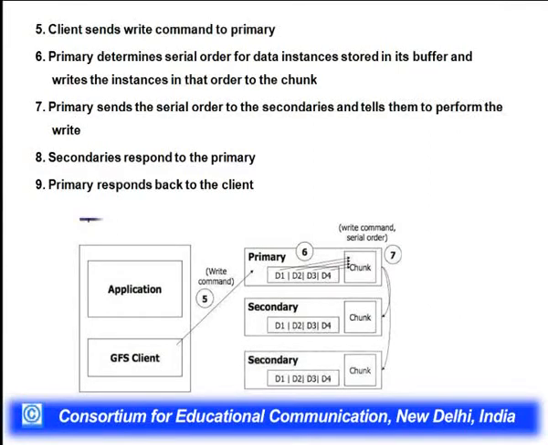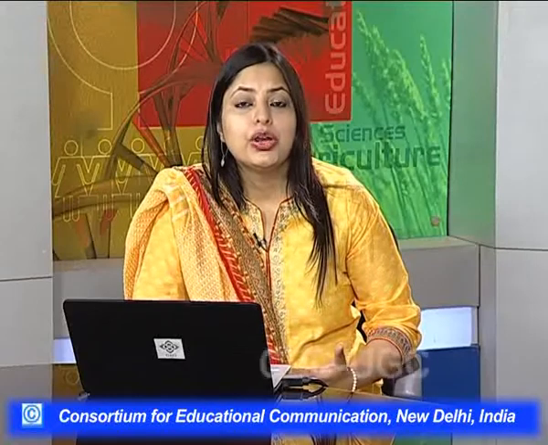So what we got here is that if we are writing files to the chunk servers, this writing will take place in the form of writing on all the replicas. First, it will go to the primary chunk. The primary chunk will issue write requests and send them to the secondary chunk. It is written on the secondary chunk, and then it is sent back to the primary chunk, then to the GFS client, and ultimately to the application. So a write operation will be performed on all the replicas of the chunk.